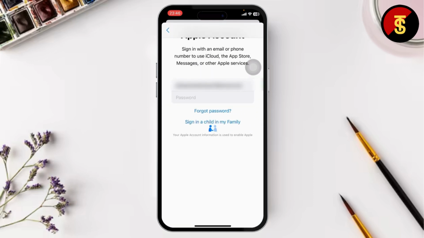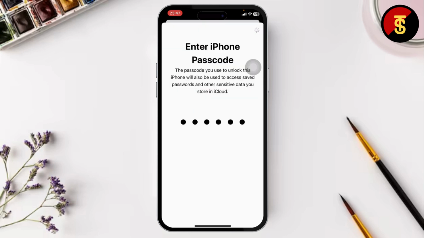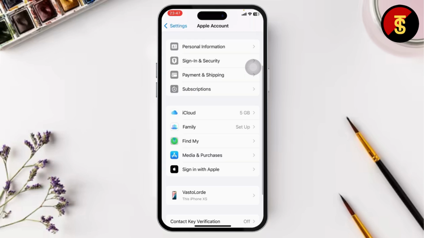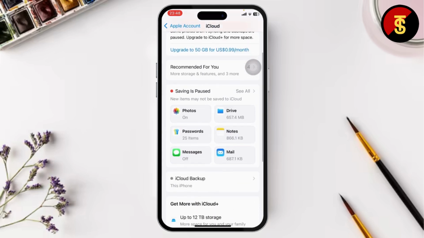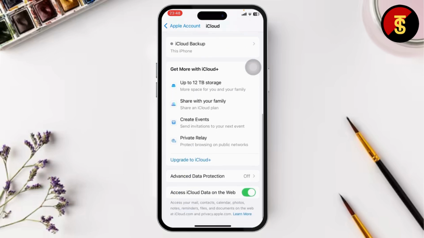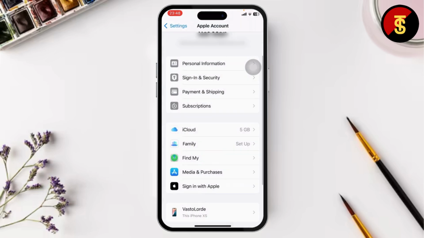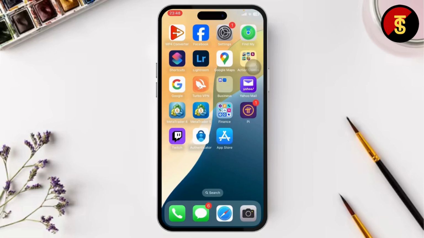After you type in your email, type in your password as well. Now enter your iPhone's passcode to access your sensitive data stored in iCloud. So after you sign in into your account, you'll see your iCloud and then you can just head over to your iCloud and check for your backup and stuff. And that's basically how you sign in into your iCloud without any